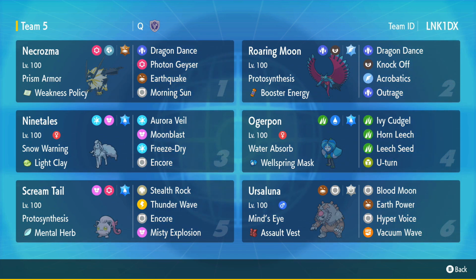And then last but not least, we do have nice AV Ursaluna Bloodmoon as our Calyrex Shadow counter. With that being said, guys, this is the team we are going to be taking to try and get some ranked battle W's, hopefully. If you guys want to use the team for yourself, the team ID is in the right-hand corner,